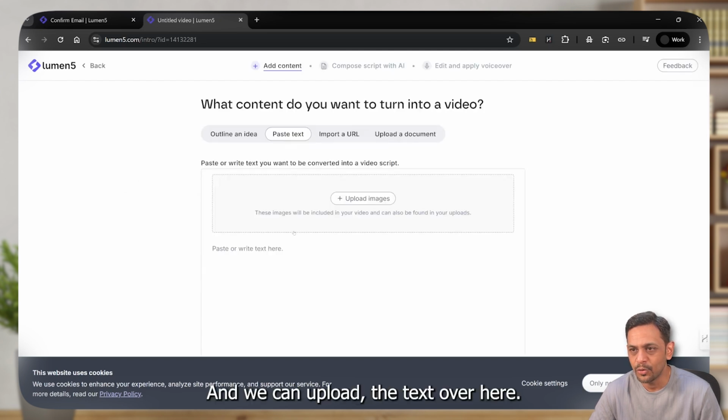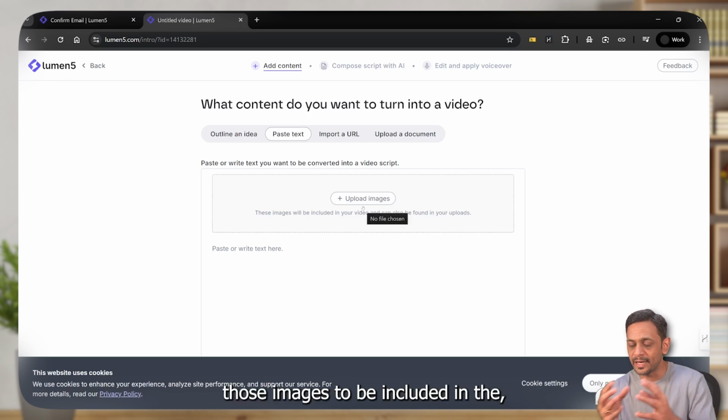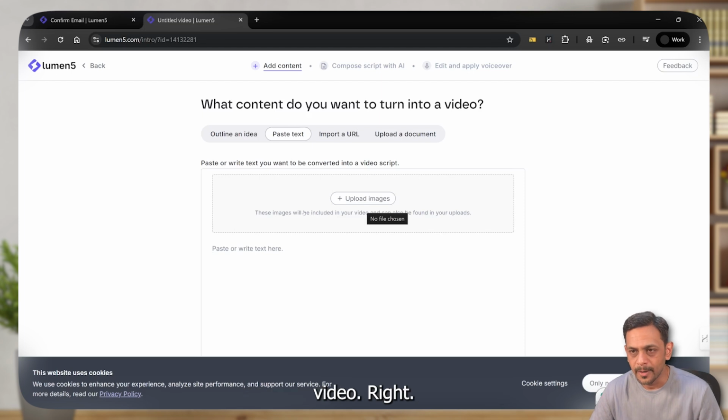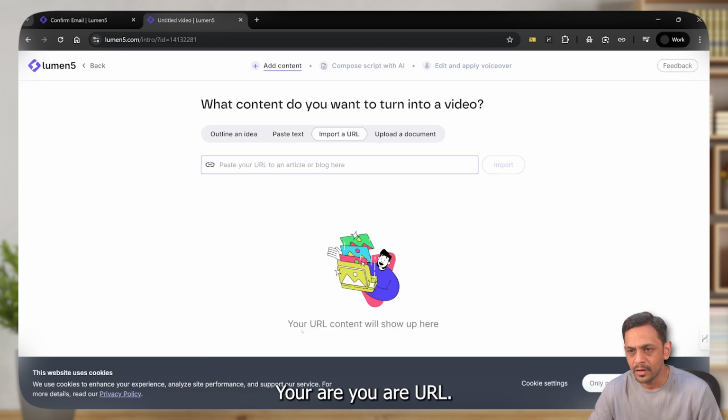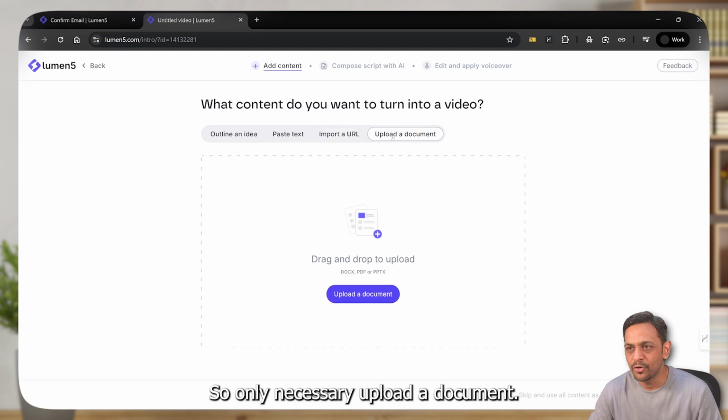And we can upload the text over here. These images will be included in your video and can also be found in your uploads. So we can add the text over here, and we can also upload some images if you want those images to be included in the video, right? We can also import a URL. Your URL content will show up here. Upload a document. If you want to upload the document, we can upload it from here. Outline